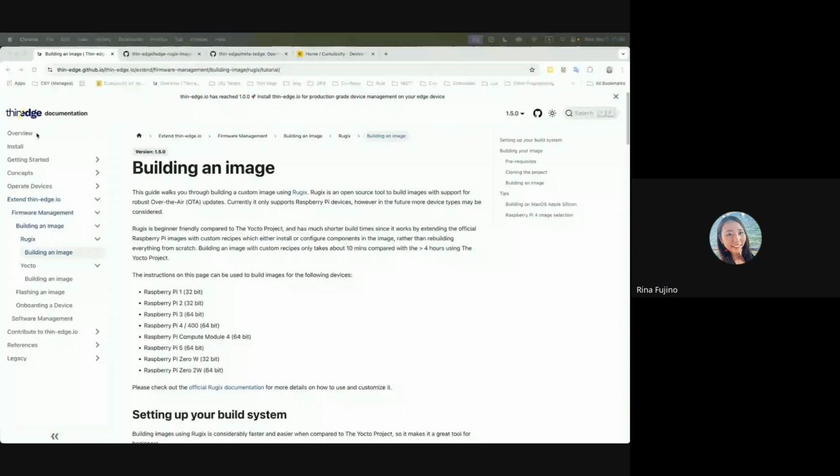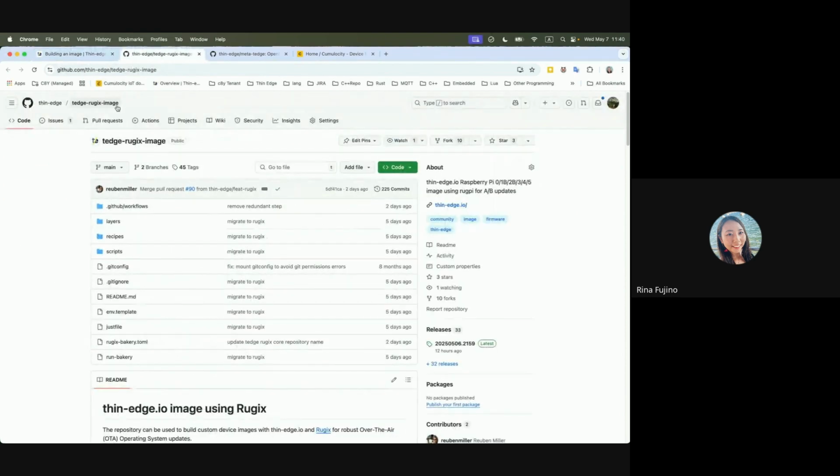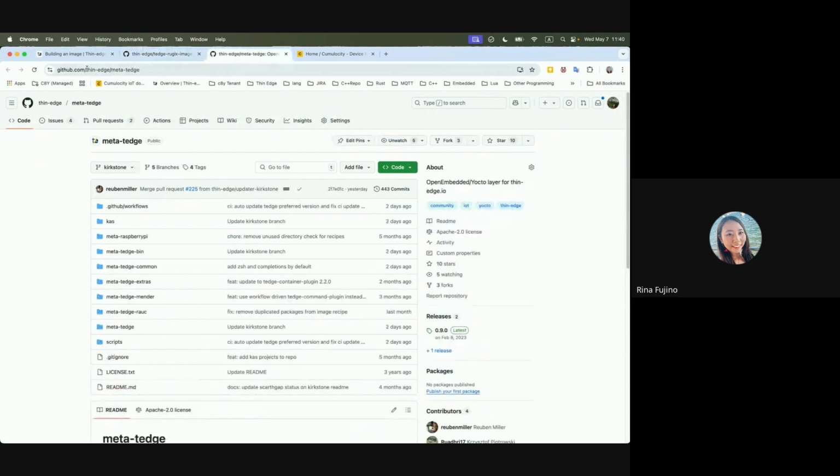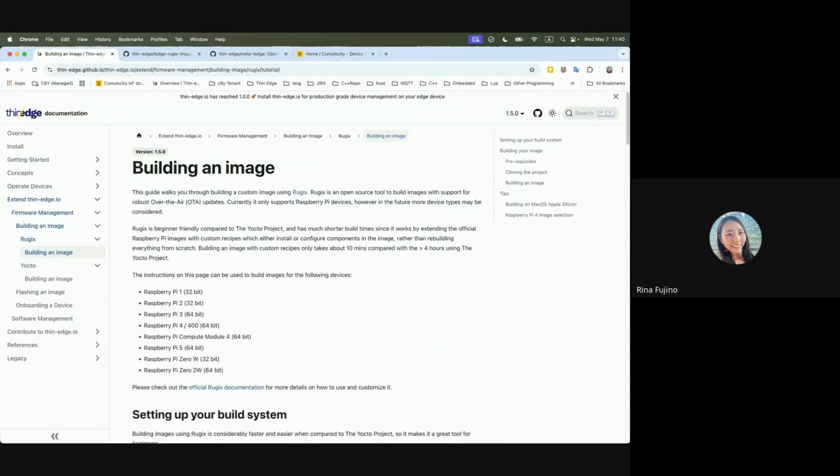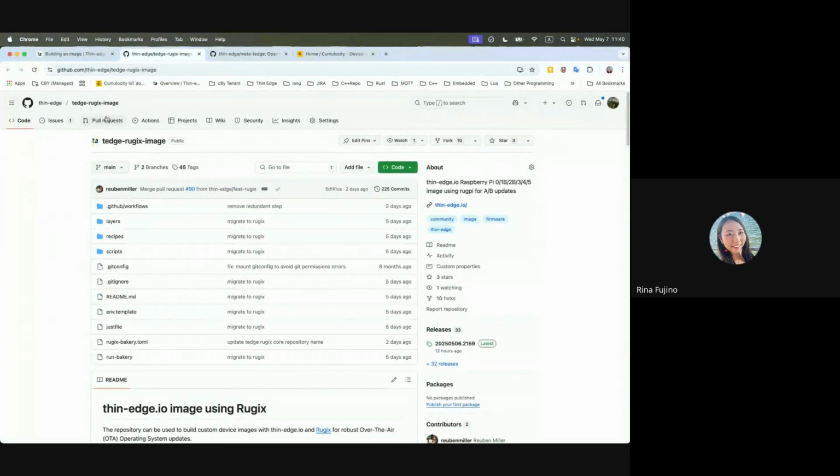So as Ruben mentioned, we have support to make your custom Linux image by using Rugix and Yocto. They are documented, so if you are interested, please refer to the documentation. And we also have a GitHub repository accordingly. Yesterday, I used exactly this Rugix image repository, and I baked my own Linux image